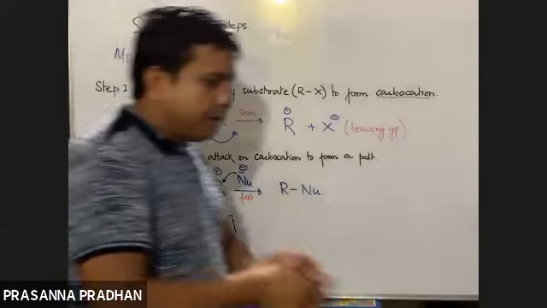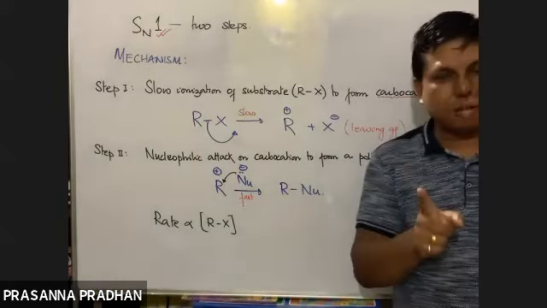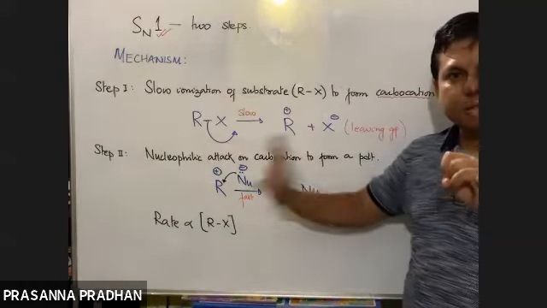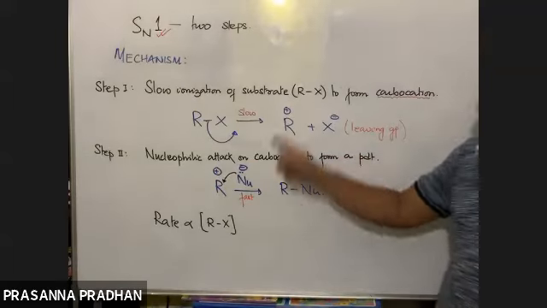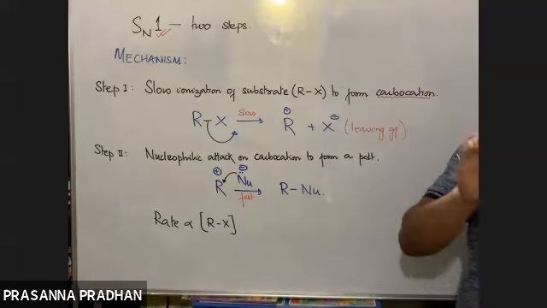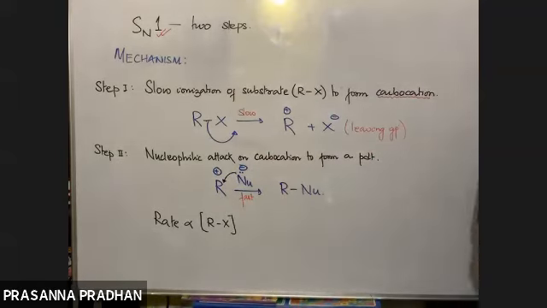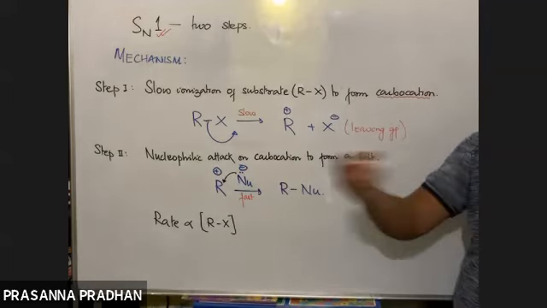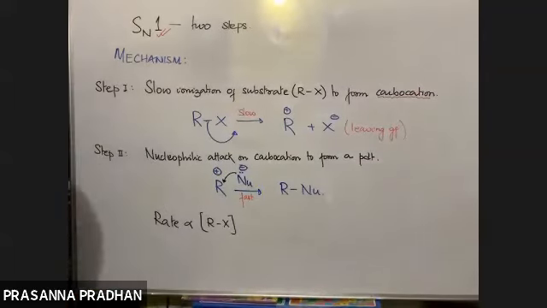Now, two or three things I need to tell you here. Number one, how does the SN1 reaction occur? It occurs in this way, and you have to remember this. What is formed in the slow step? We get the product via a carbocation. That carbocation is formed and then attacked by the nucleophile, ultimately giving us the product. This is a very important thing.